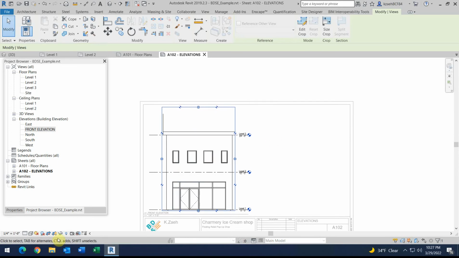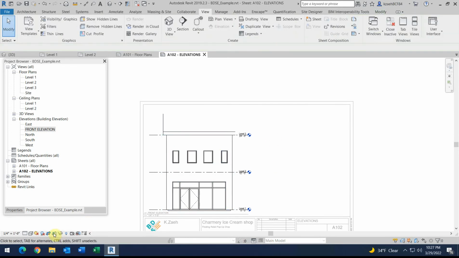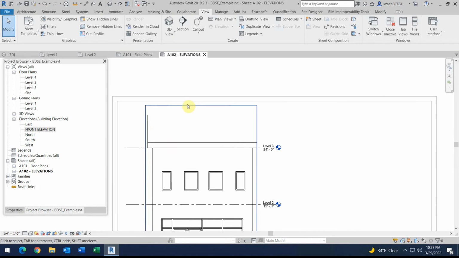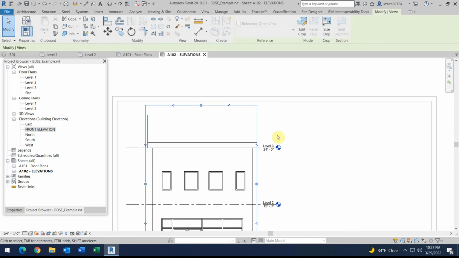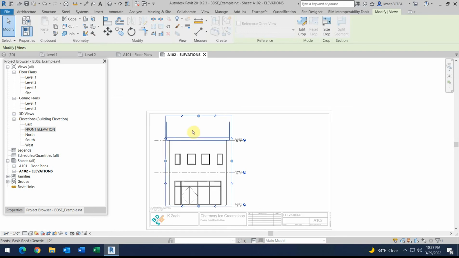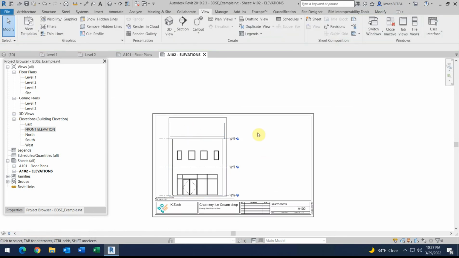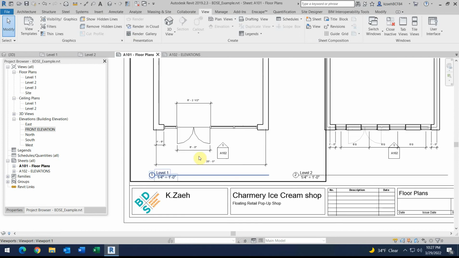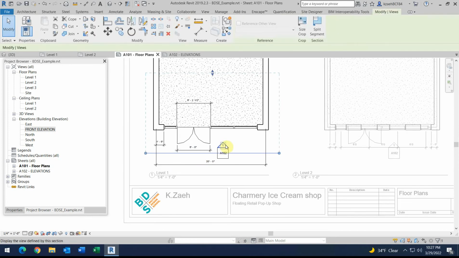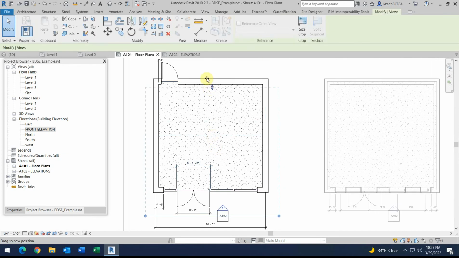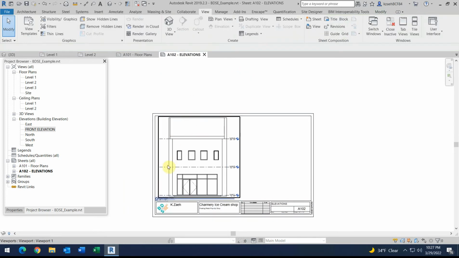And there's my elevation information. Looks like right now I can't see the top of my roof, and I think that's because my elevation doesn't go far back enough. So I'm going to go back to my floor plan, double click here. If I click on here, do you see this arrow? I'm going to drag that all the way to the back of my building,